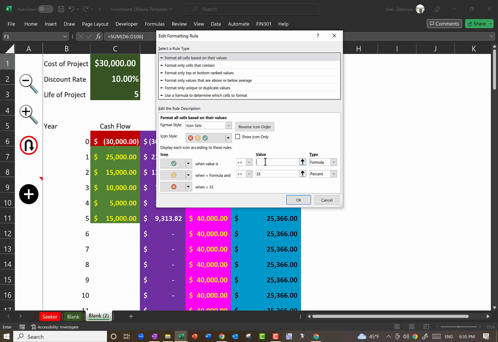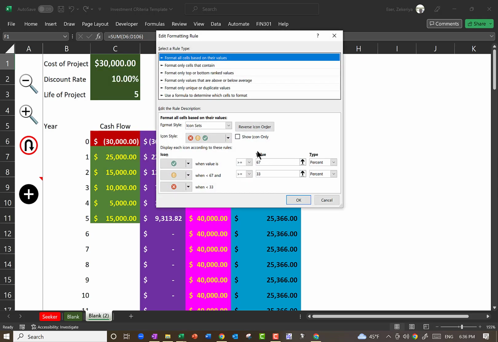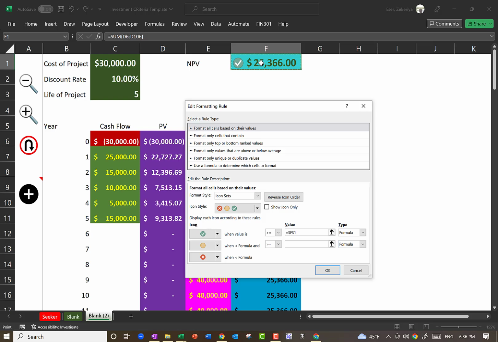And where is the formula? Well, if NPV divided by